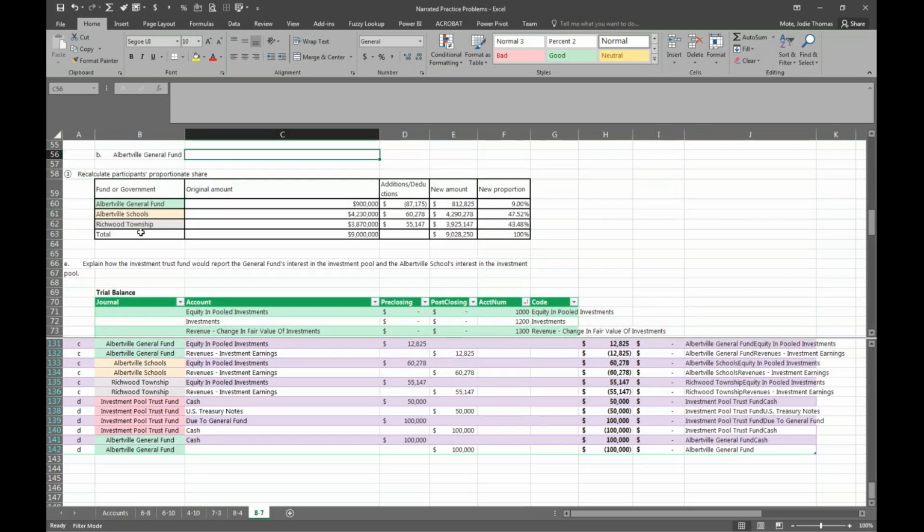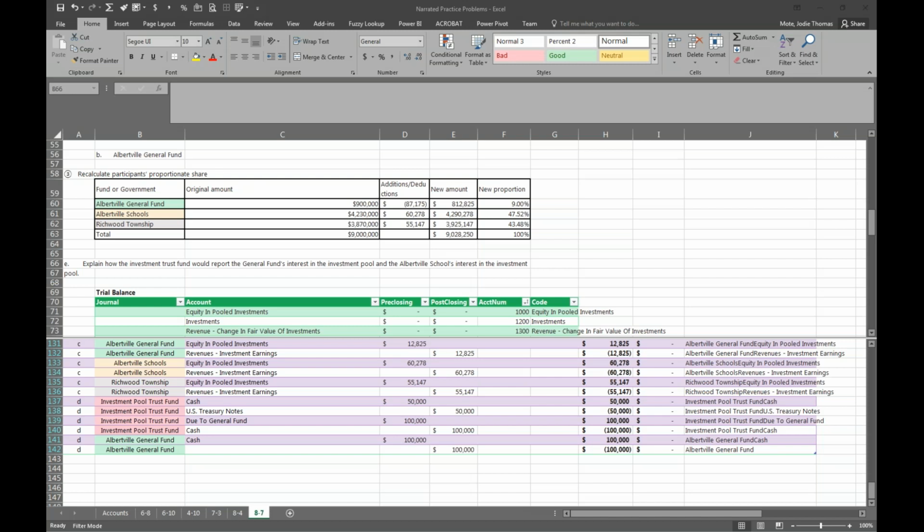Now, the last question says, explain how the investment trust fund will report the general fund's interest in the investment pool and the Albertville schools' interest in the investment pool. Okay, as we've said a couple times, the general fund is an internal participant, and so it's going to record it. It's not going to report it in its financial statements. The investment, it's a liability. Okay. The general fund would report its